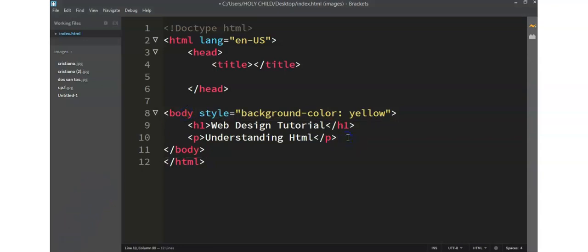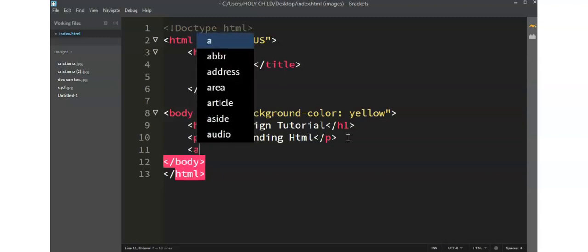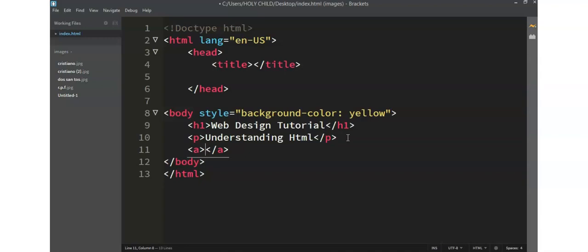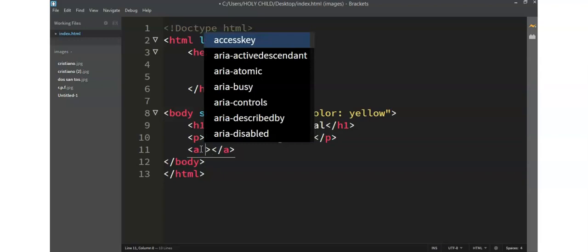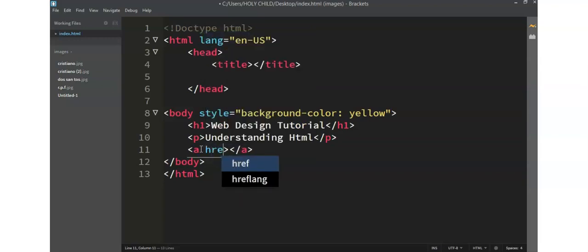Alright, now let me also show you one more element which can be used to link two or more documents together and which can accept attributes. We have the anchor tag. This anchor tag can actually be used to link two or more documents together. The anchor tag can accept an attribute of href, which stands for